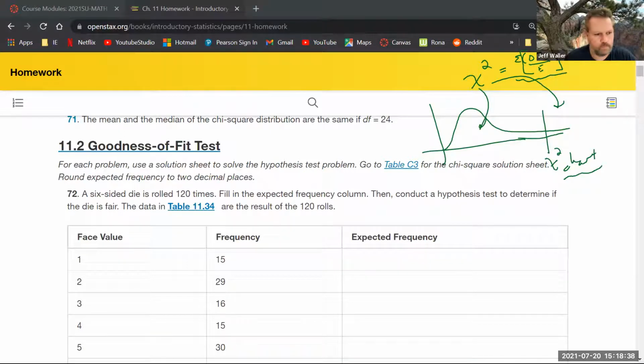And the formula is the sum of O minus E. No. Stop. Somebody help us out. What is this? Observed minus expected, squared, divided by expected. Yeah. So that's that problem we did with the cholesterol levels, the grade thing that we did earlier today. That was the one about the M&Ms. Observed minus expected, all that kind of stuff.